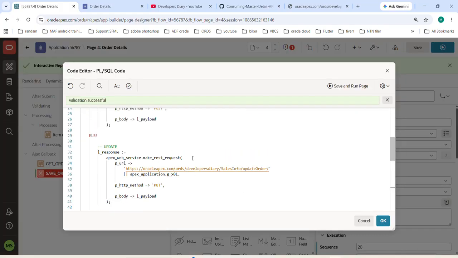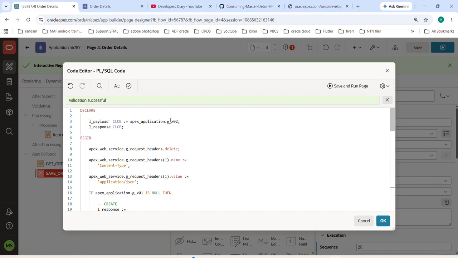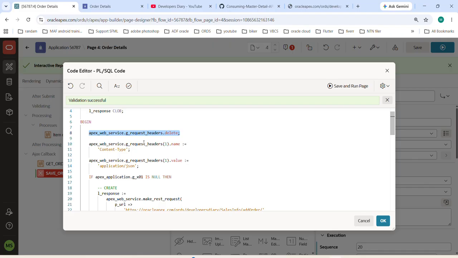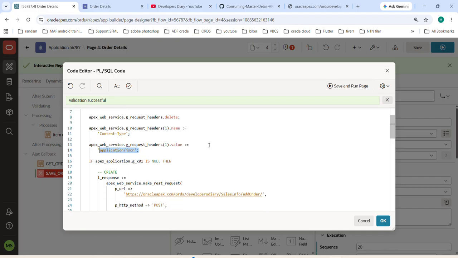Validate. What we are doing here is getting the payload using the global variable that we are passing through our JavaScript trigger, and deleting the headers information if any is already used. Then we are setting the content type as application/JSON. After that, we are checking the order number that we are passing through